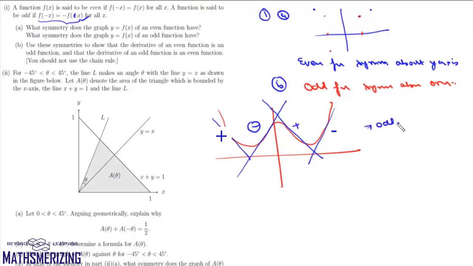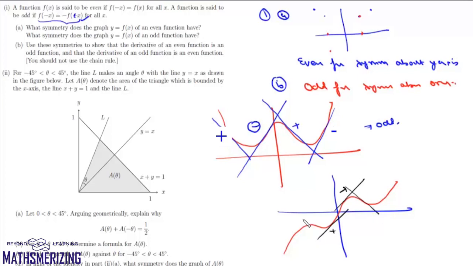Now what about an odd function? If we consider an odd function, if we have a positive slope, then for the corresponding point for x less than 0, this slope will again be positive. And if we have a negative slope, again for the corresponding point we'll have a negative slope with the same numerical value. So in this case, the derivative of an odd function will be an even function.